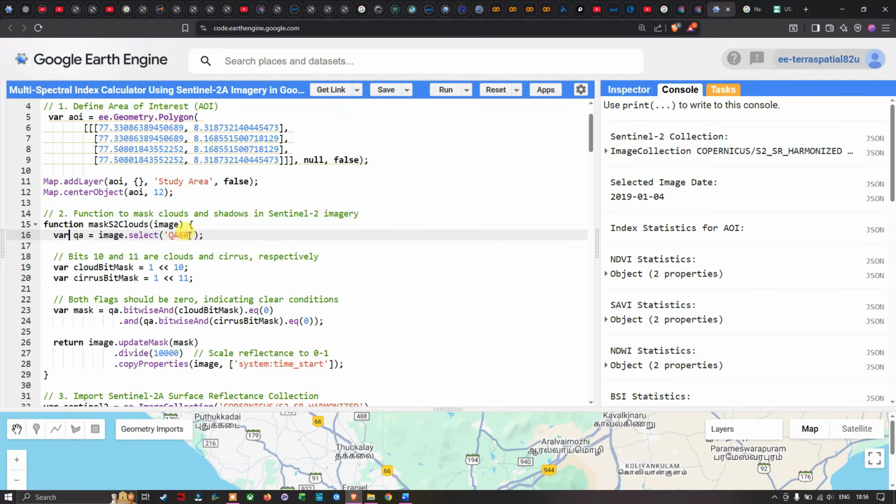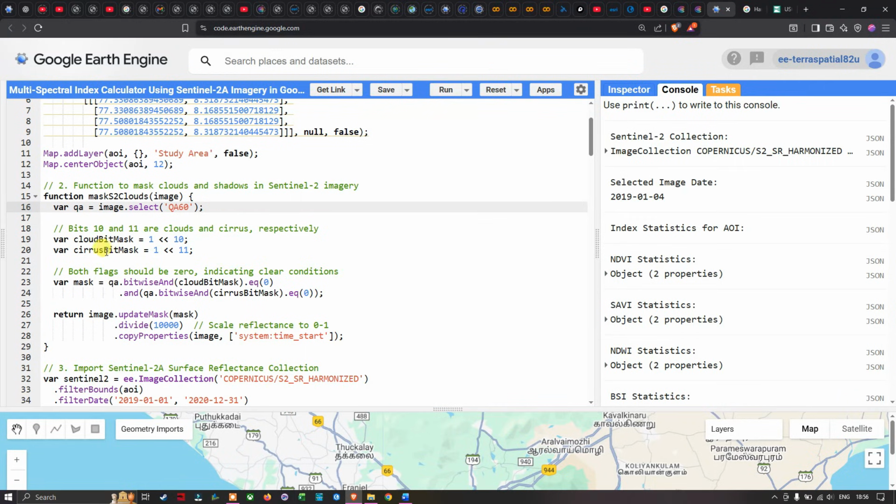So next step we're going to create another variable called cloudBitMask equals 1 is lesser than 10 here. And similarly we're going to define another variable called cirrusBitMask equals 1 is lesser than 11. So here the 10 represents the cloud and the 11 represents the cirrus. So the variable cirrusBitMask equals 1 is lesser than 11. So in the next step